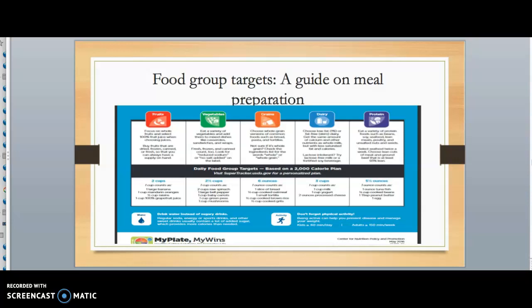It also gives you a little idea on why these specific food groups are important. There are also some lactose intolerant suggestions for those who fall in this category, underneath the dairy. So the food group targets, I think, are a very great way to start. And you can also visit supertracker.usda.gov for a more personalized plan, in addition to the CDC myplate.gov website. So please take some time to read this, and I think it's a great way to utilize the information and translate it to home meal preparation.